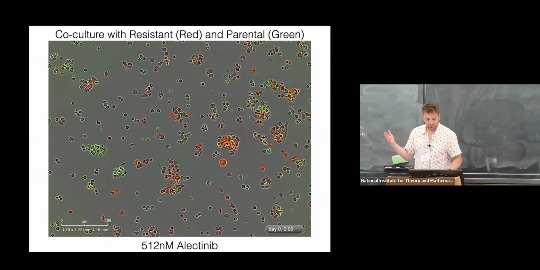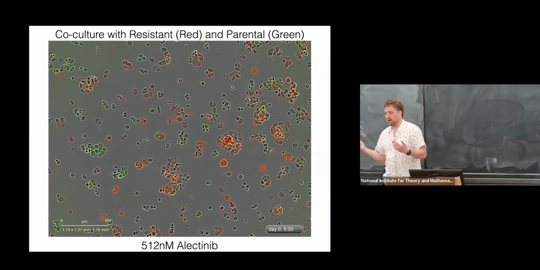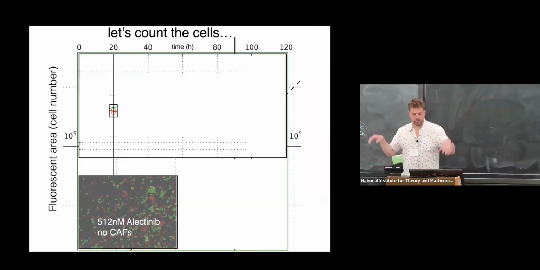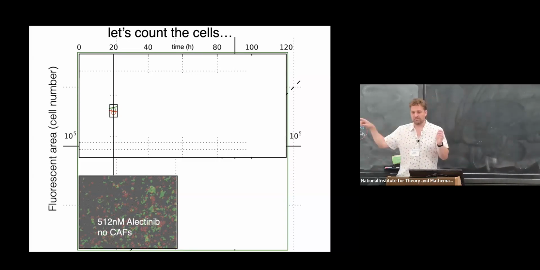If you put a whole bunch of the drug in, it turns out that the sensitive ones die and the resistant ones grow out. That's not surprising. But what we want is the dynamics over time. We don't want one went up, one went down. And so I'm going to build this chart for you, and I think what's going to pop out is, yes, there's cooperation. And everyone's going to say ooh and ah, and then I'm going to be done with my time. So what we're going to look at here is a complex picture, and I'm going to build it up one spot at a time. So on the x-axis here, you have time.